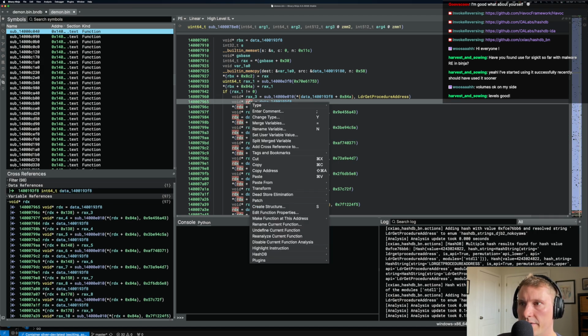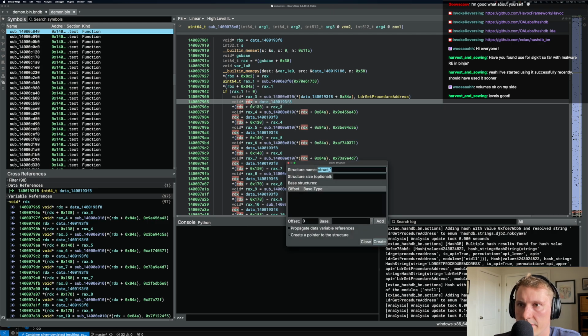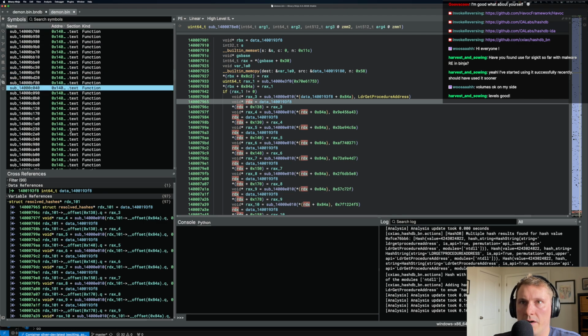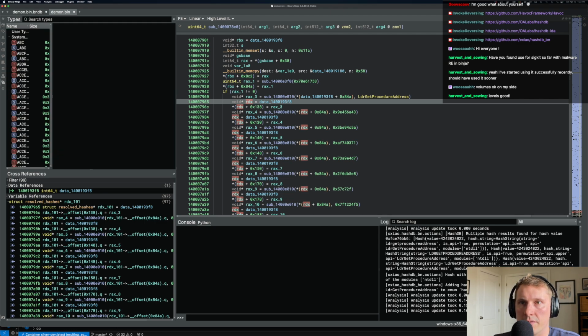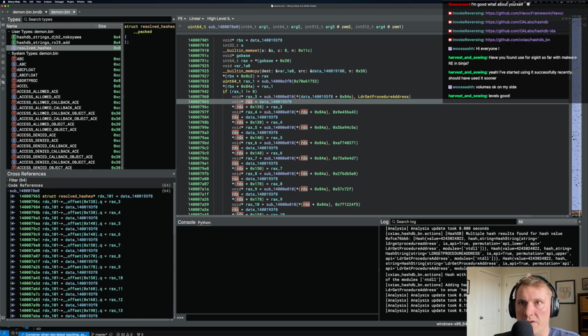I know it's here somewhere. We essentially want to create a structure from this variable reference. So I can do create structure or just hit S. I'll select this and hit S, and then let's call this resolved hashes. I'll hit create, and then if we go back to the types menu here, I can go to resolved hashes. And then you can see that this structure has been created